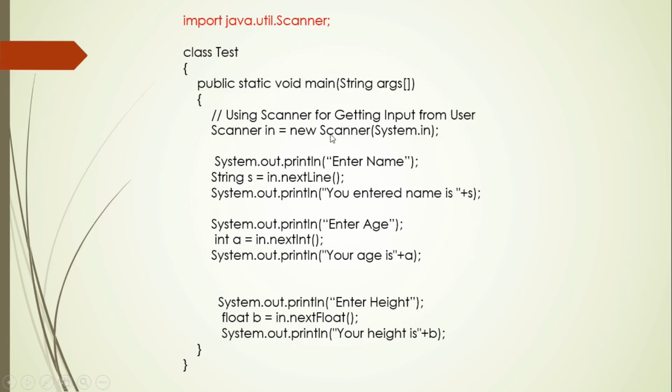Here first I am creating the object of the Scanner class. Here the object of Scanner is in. Then I am reading different types of variables using the nextLine, nextInt and nextFloat methods and assigning them to corresponding variables. In Java, a variable that is used in the program should be declared. We can declare a variable wherever we want to use it.